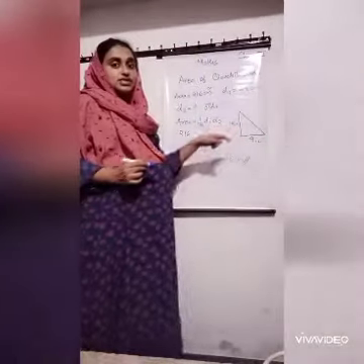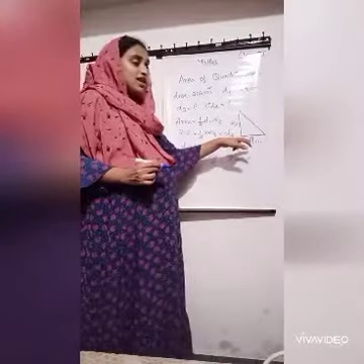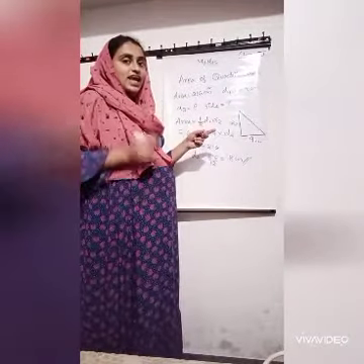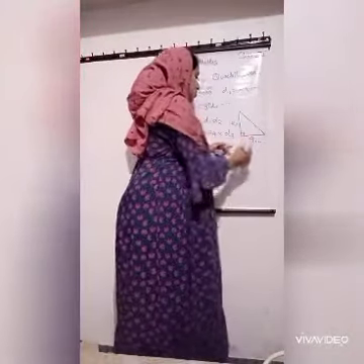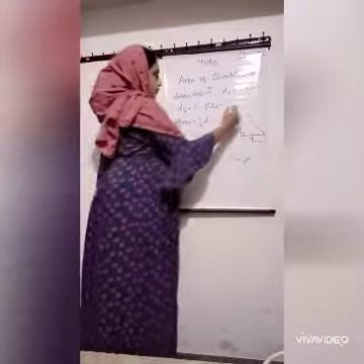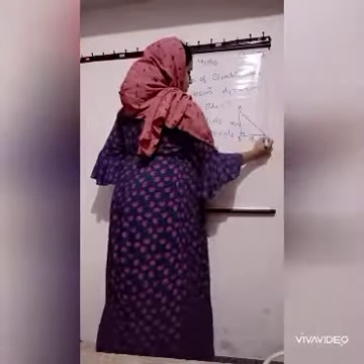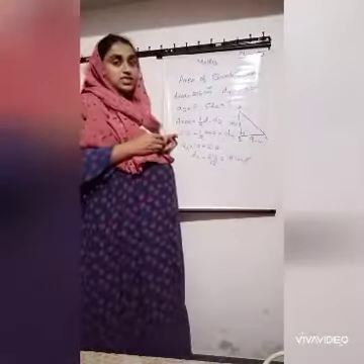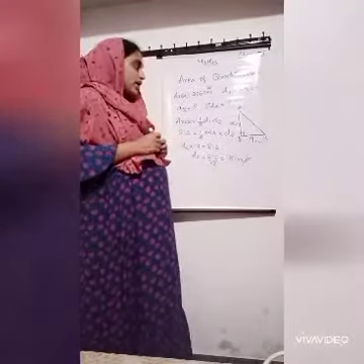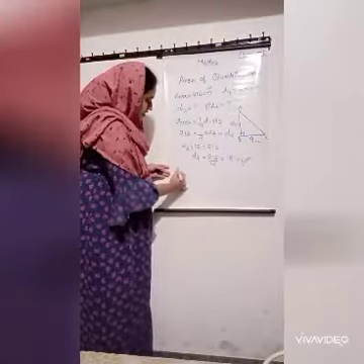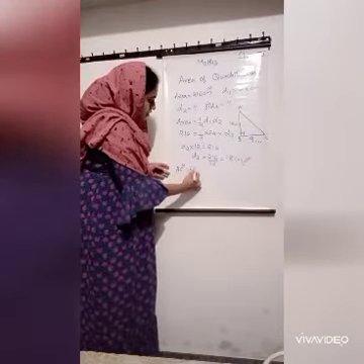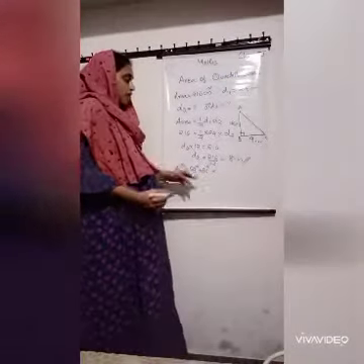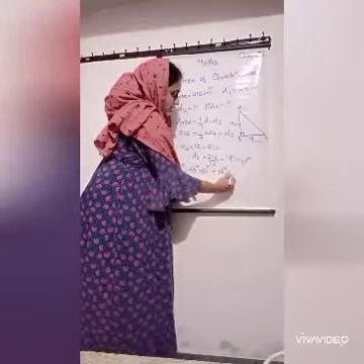What type of triangle is this? Yes, very good. It is a right angle triangle. So what formula can we apply here? Excellent. Pythagoras theorem. Very good, students. Just name it as ABC. What do you mean by Pythagoras theorem? Hypotenuse square is equal to base square plus altitude square. Here what is the hypotenuse? AC. AC square is equal to AB square plus BC square, that is equal to 12 square plus 9 square.